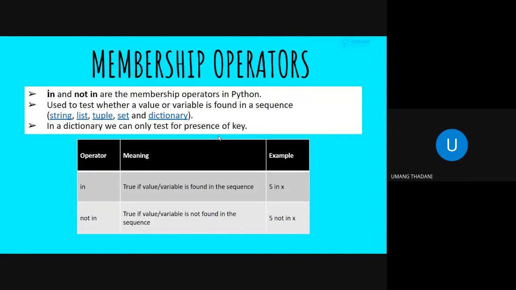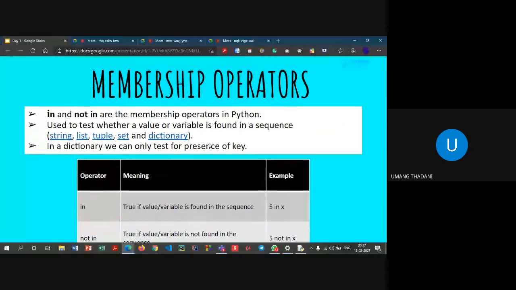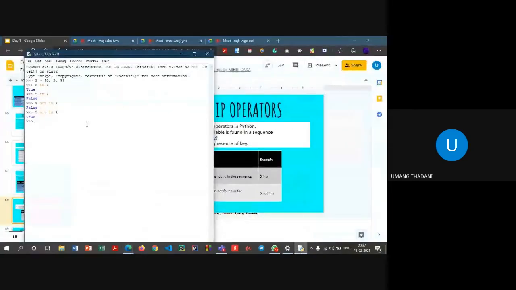But in the case of a dictionary, we can only test for the presence of keys. So for example, if you have name as your name and class as your class, and you want to check, I'll demonstrate that. So if I have this dictionary,